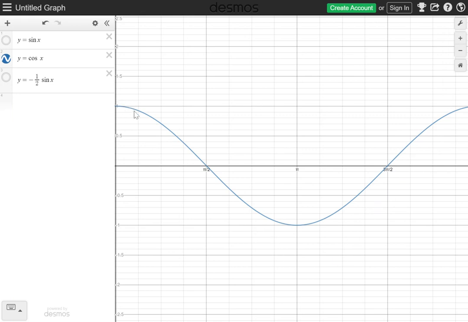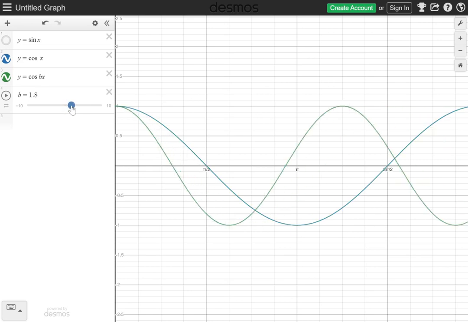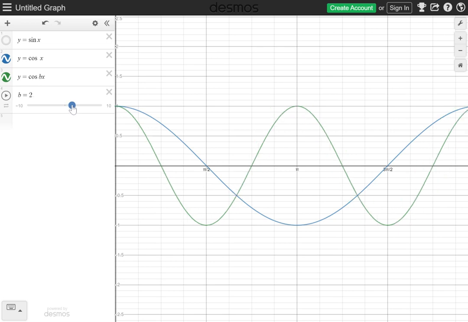All right. If we want to change the period, what we're going to change is the inside. Instead of saying the cosine of x, we'll say the cosine of b times x. We'll replace b with a number. All right, so what I'm going to do is start here. So this is with b equaling 1. And if I change it, if I go up to b equals 2,